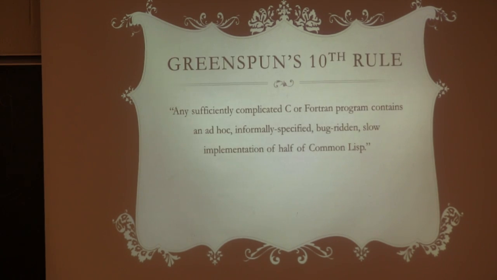This is the point. In other words, Greenspun's tenth rule: any sufficiently complicated C or Fortran program contains an ad hoc, informally specified, bug-ridden, slow implementation of half of Common Lisp. In H280 Project 2, you were writing Lisp. You were writing Lisp manipulations, that's Lisp. And there's a corollary of this that says that Common Lisp also falls into this specification, that it contains an implementation of half of Common Lisp. Yeah. If you want to compile a Lisp interpreter, you have to have a Lisp interpreter installed first. Because Lisp is written in Lisp.